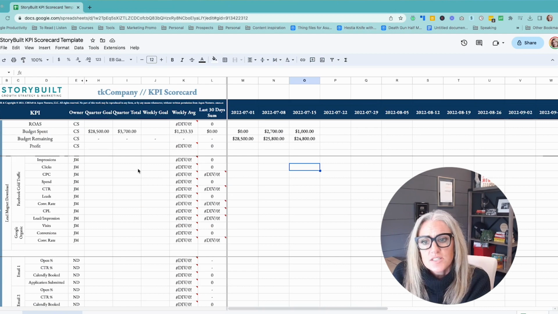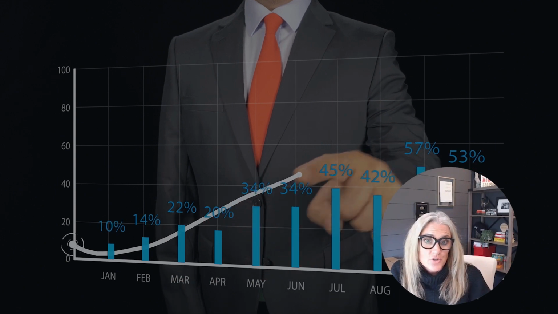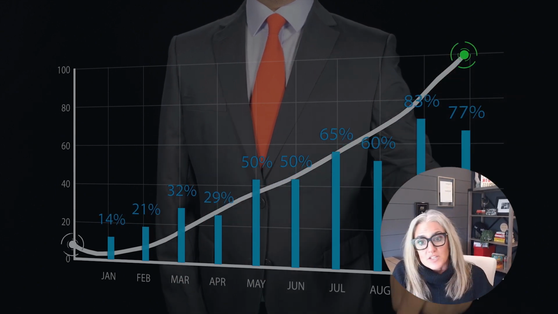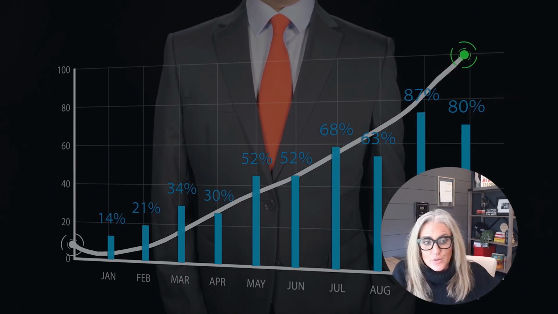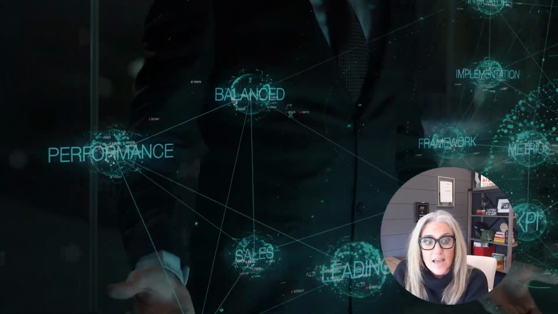So this is just a spreadsheet template that I pull up once we develop a strategy. And I use this quarterly with my existing clients, because sometimes this changes and we need to measure different things. I have a client right now that's just launching a business, and so the things that we're measuring right now are going to be different than what we're measuring next quarter and three quarters from now, as that campaign develops and we get assets in place.